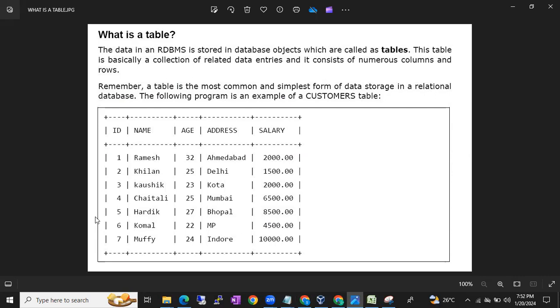How many fields are there? Five fields. Five fields are there, guys. Okay, so a table is nothing but a relation,